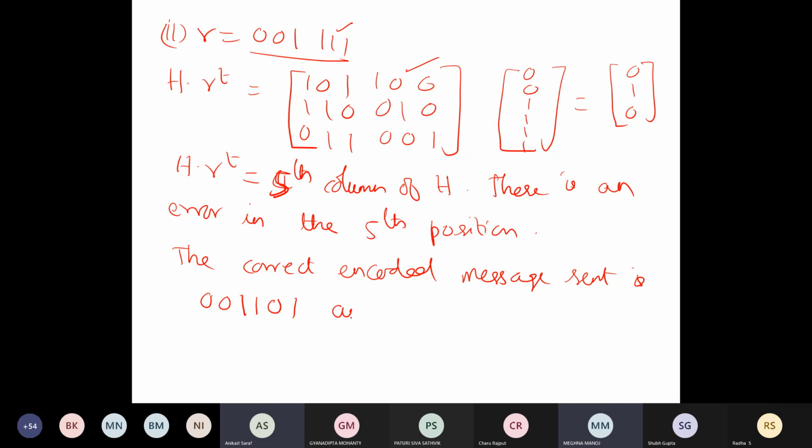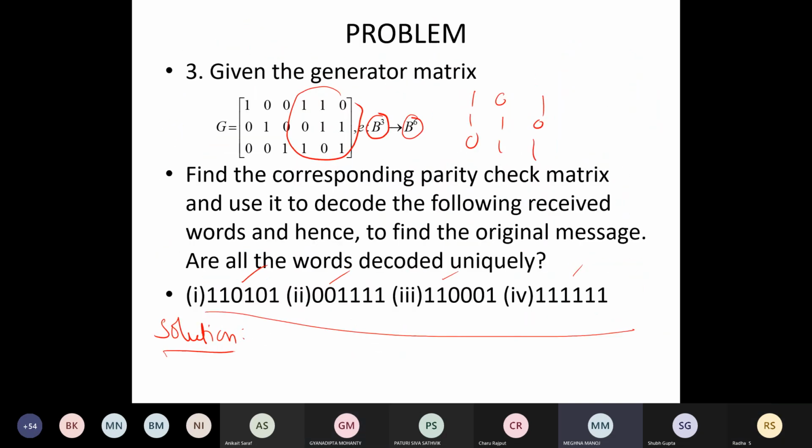That's all. And the original message is the first 3 letters, 001. Can you do the same thing for the other 2 words now? Can you once show the question? Yes, sure. Do the third and fourth now.